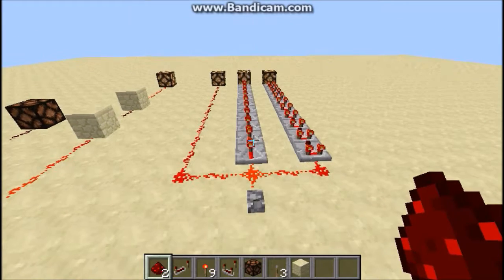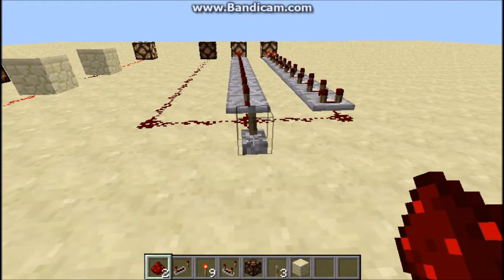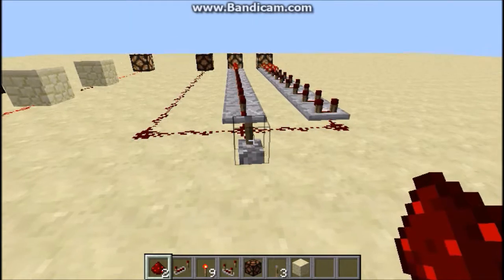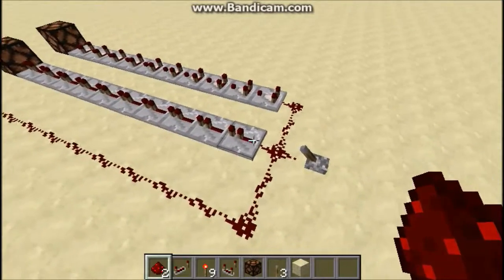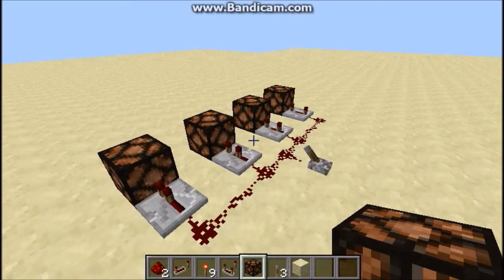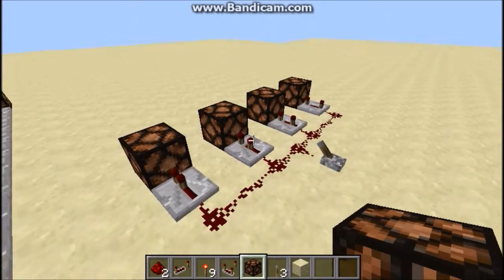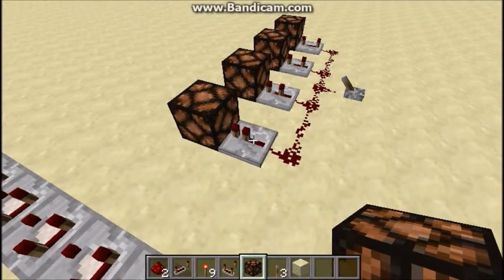It's almost instant, like that. So that is how repeaters can increase their delay of a signal. So in order to create delays in your redstone circuits, you can change the state of a repeater in 4